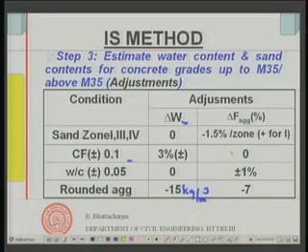Now, if I have a higher water cement ratio for a given water content, my cement will be higher, so the paste is higher. So, I increase my fine aggregate content also by 1%, so that the paste can fill the space that is available in the